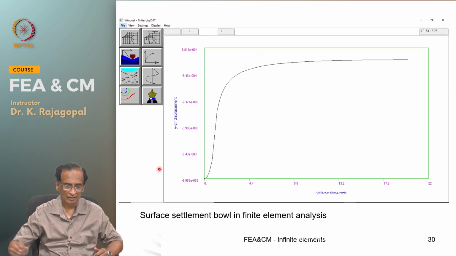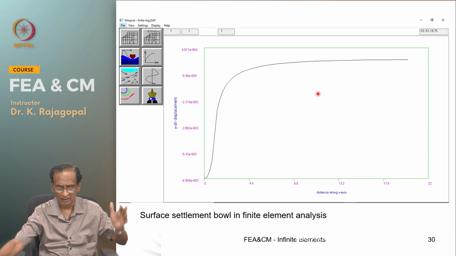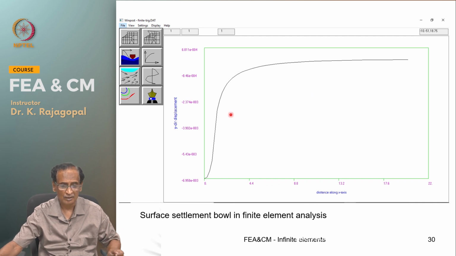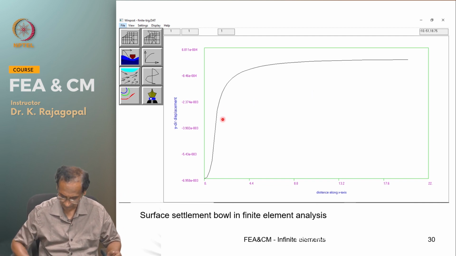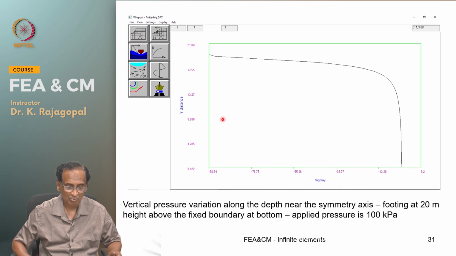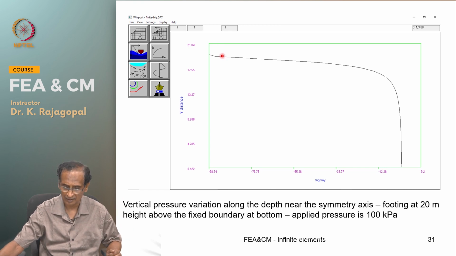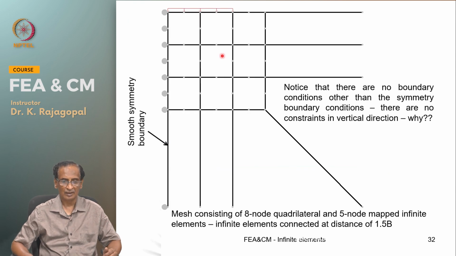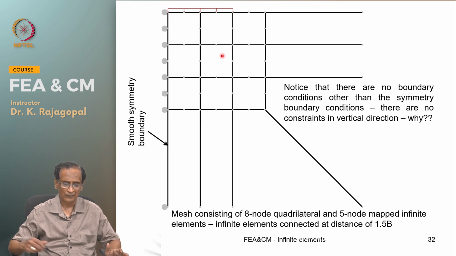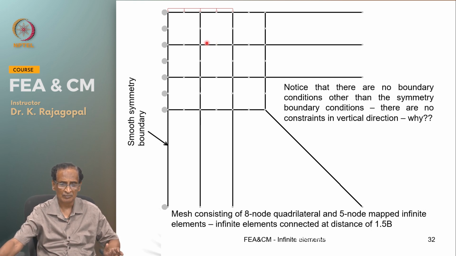And this is our pressure distribution along the central axis, this is the surface settlement bowl, and this is the vertical pressure variation along the symmetry plane, symmetry axis. And we can do the same thing by connecting infinite elements at different distances. So, in this case the infinite elements are connected at 1.5 times the footing width,